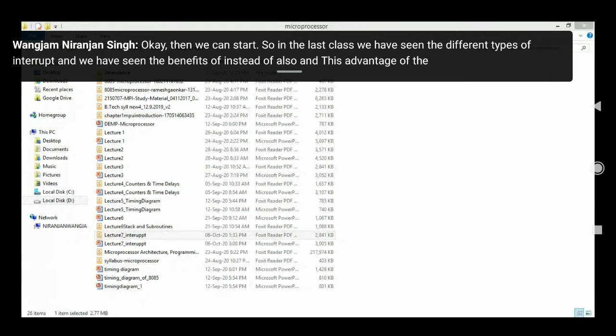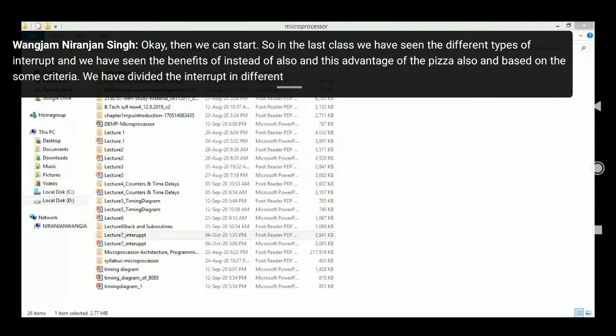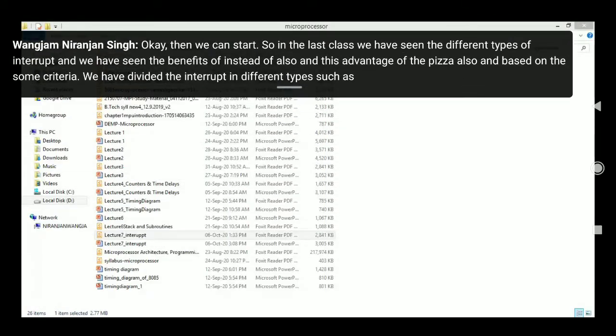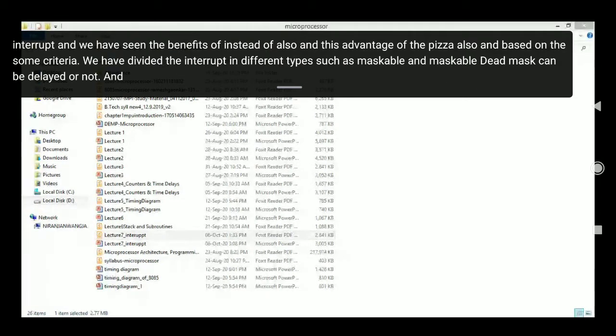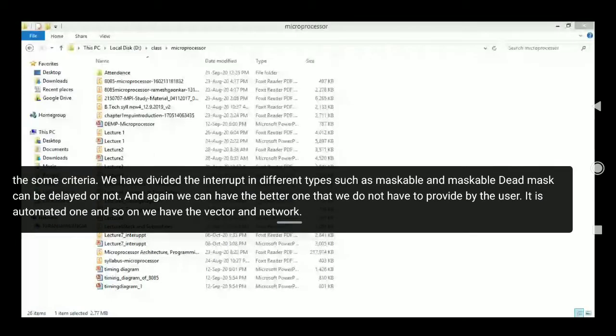Based on some criteria, we have divided the interrupt into different types, such as maskable, non-maskable, where the mask can be delayed or not, and the vectored one that we do not have to provide by the user. It is automatic. We have the vector and non-vector. So these are the different types.